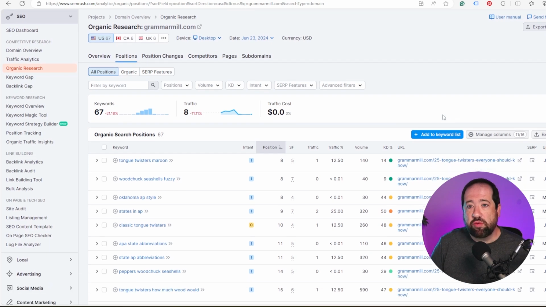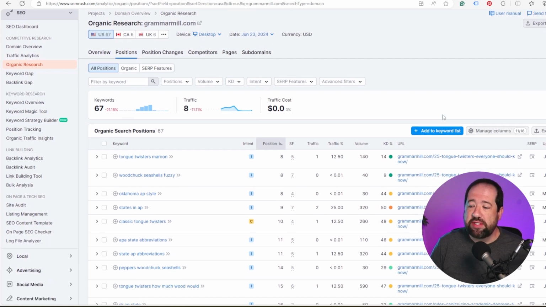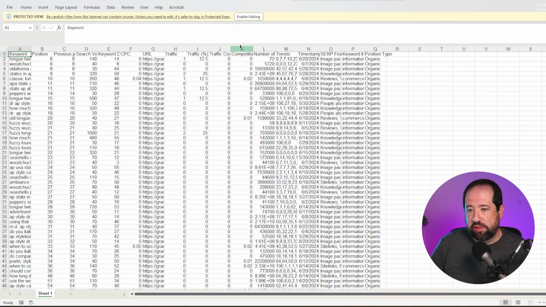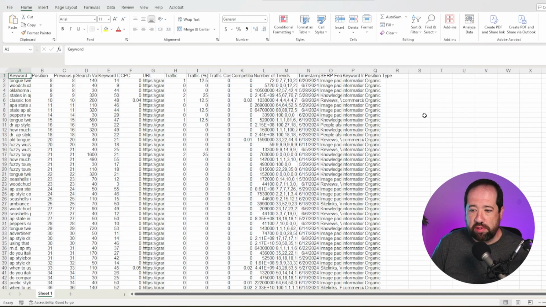And so what you're going to want to do, and this is actually very necessary, is export this data to either a Google Sheet or an Excel file. So here in SEMrush, we're just going to click export at the top right. And we're going to put this into an Excel format. You could also do it into a CSV, totally up to you. Okay, so I opened it in an Excel file just because I can run some formulas and we can do some quick math to find some averages.